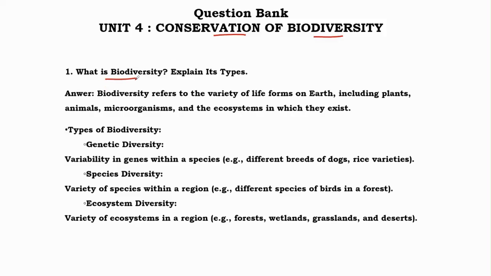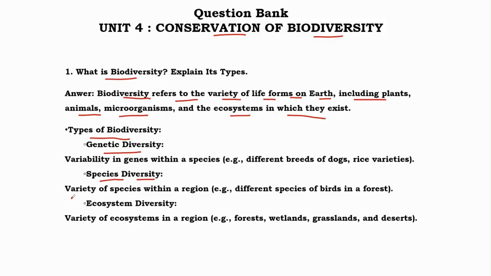biodiversity. What is biodiversity? Biodiversity refers to the variety of life forms on earth, including plants, animals, microorganisms and the ecosystem in which they exist. Types of biodiversity: we have genetic diversity, that is variability in genes within a species, different breeds of dog, rice varieties. Then